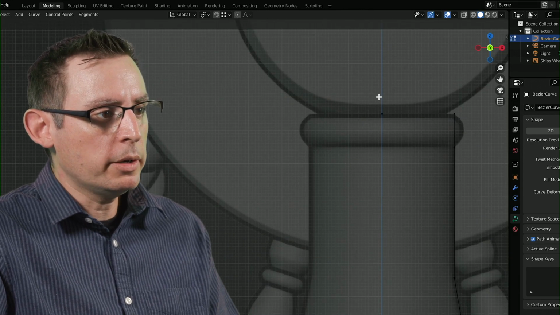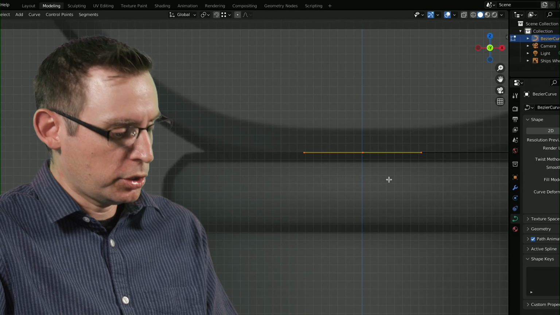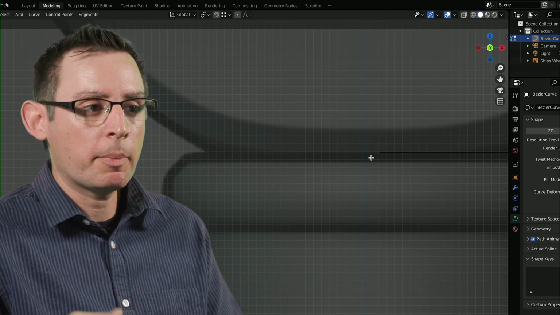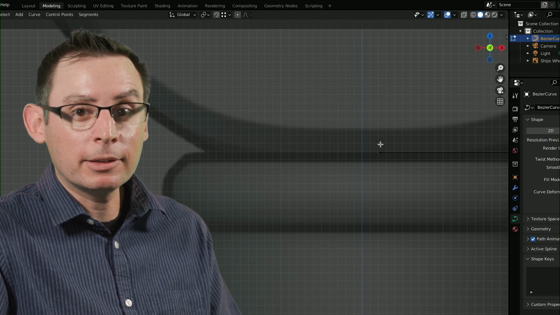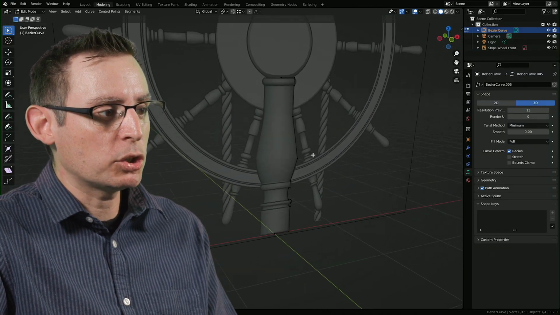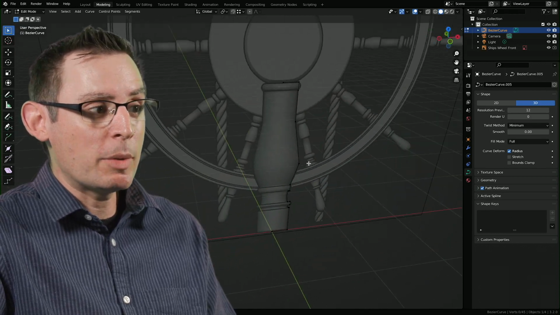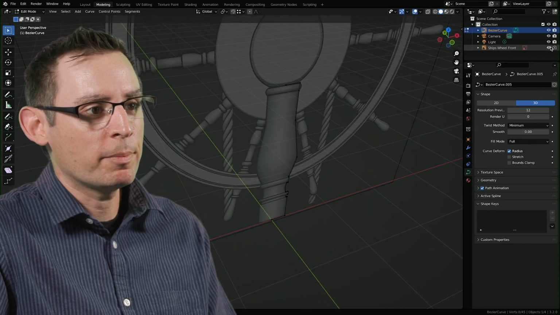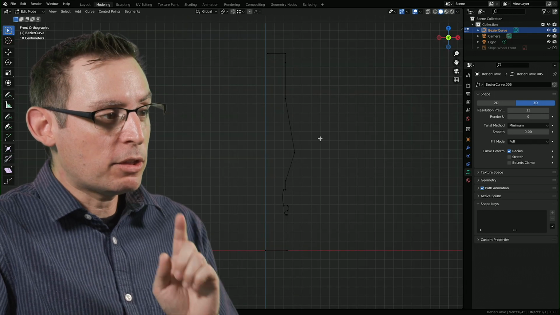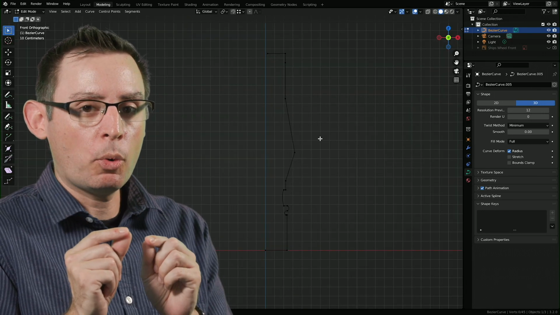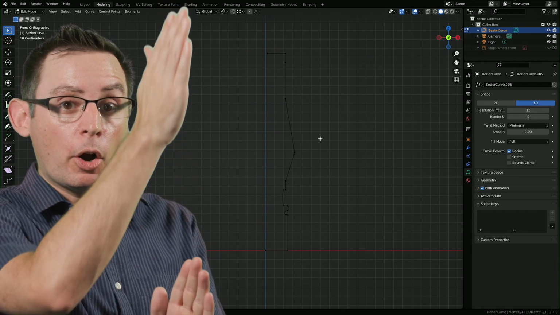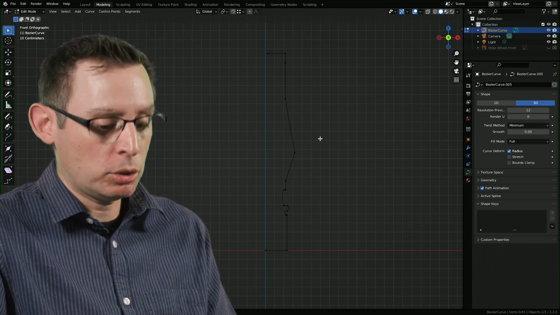Now, this final one, I'm going to intentionally leave it away from the boundary, just so you can see what happens when we start adding in the last step, which is the part where we physically get to take this two-dimensional shape and make it into a three-dimensional piece of geometry. I want to deactivate my reference image just for a moment, because at this point it's really super important to ensure that all of the control points of our profile curve are perfectly in a two-dimensional straight line.